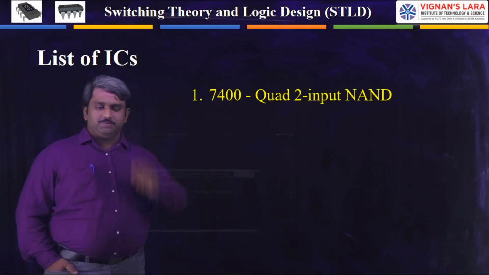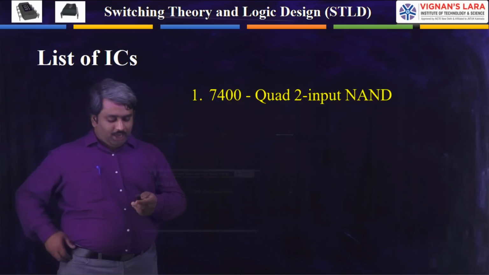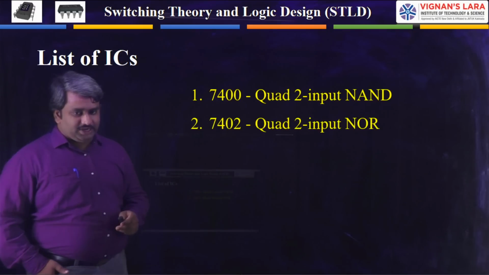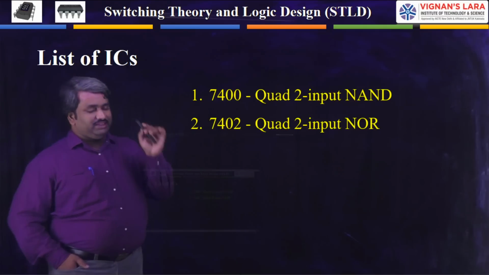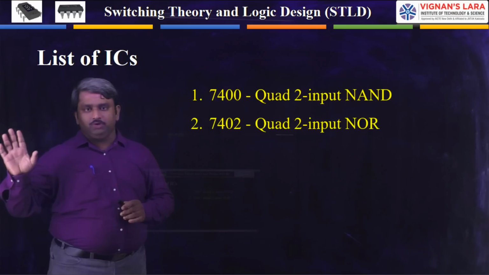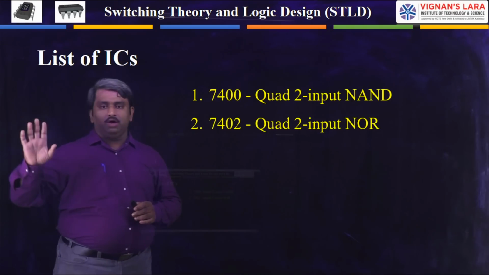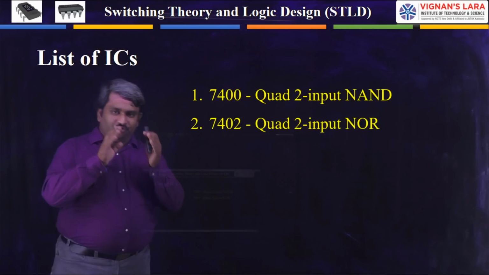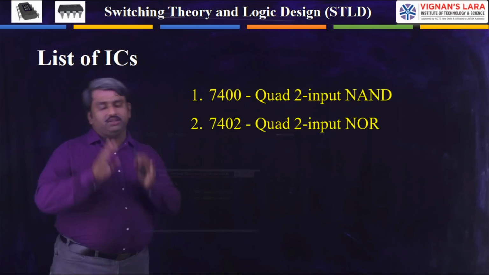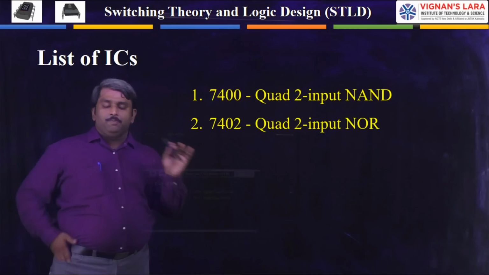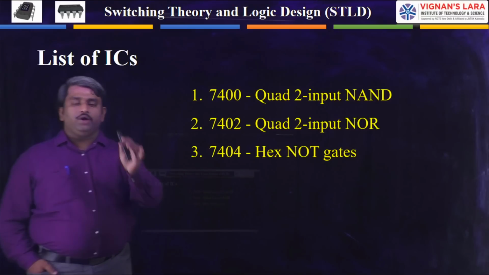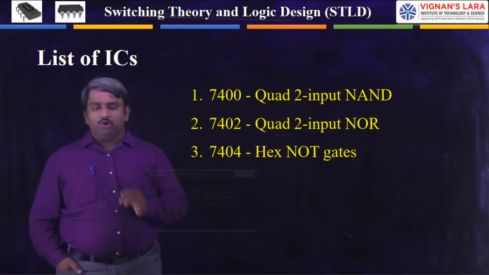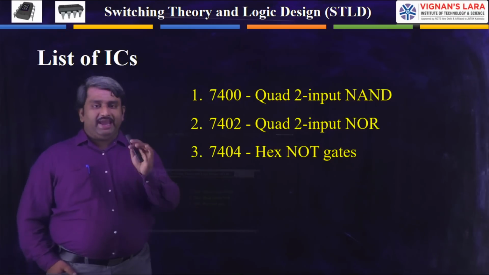We have different types of inputs. Coming to here, we have 2-input NAND gates, and 4 NAND gates are available in this IC. With a single NAND gate, it is not possible to manufacture the IC. Why? Because the IC fabrication cost process is the same for 4 NAND gates and for a single NAND gate. Okay.